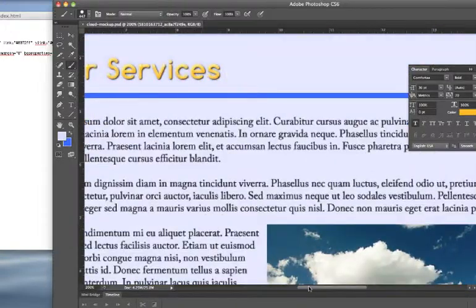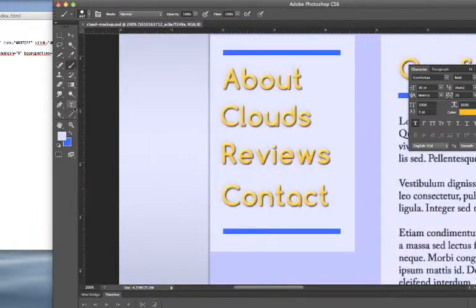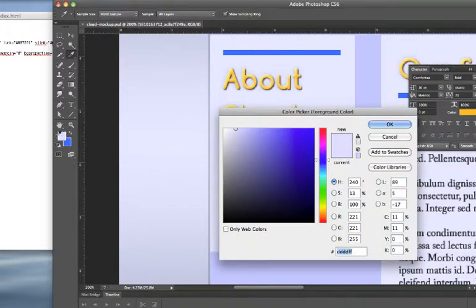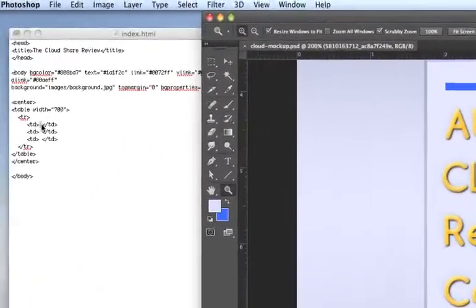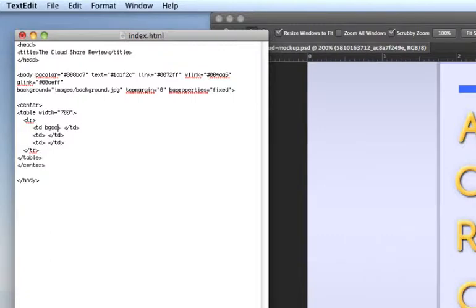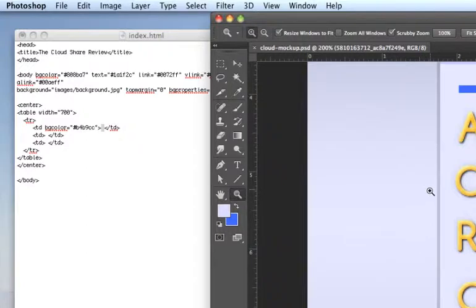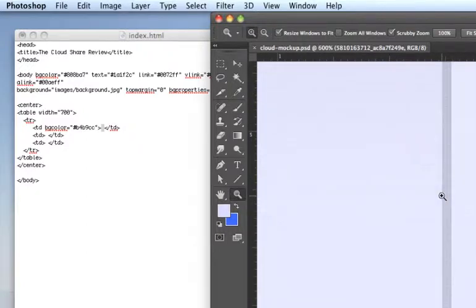And so I'll do that with Photoshop. Just grab my double click here, and that's the color I want. So I know that I want this to be BG color of that, and I need the hashtag. And then inside of here, to make sure that it's that spacing, which I think is probably, yes, 3 pixels,